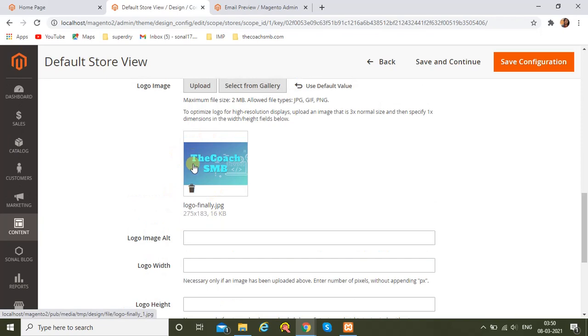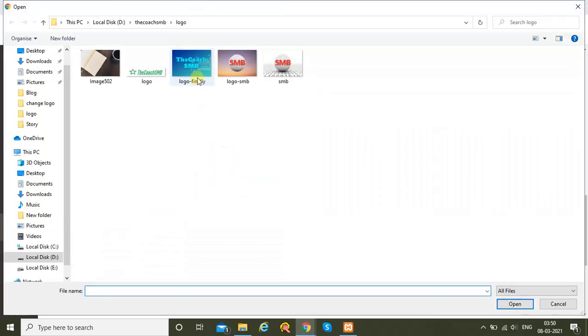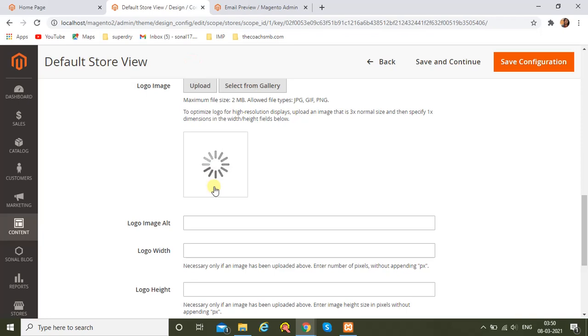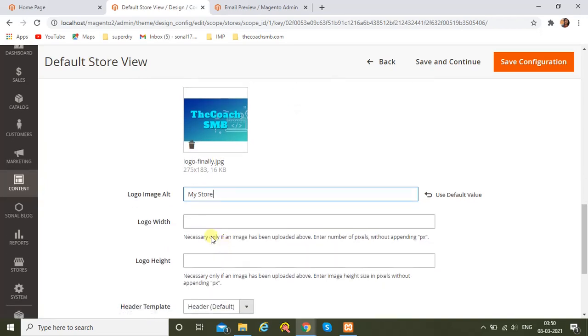Suppose you uploaded this and you don't want it, you can click on delete and click on upload again and select another one. But right now I'm okay with this logo. Logo image alt is the text which will show up when we mouse over the logo. Logo width and height we can give from here.